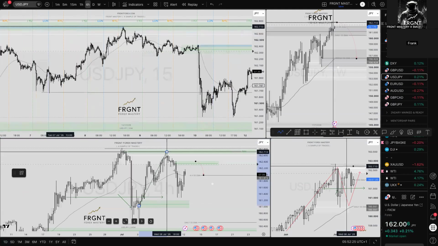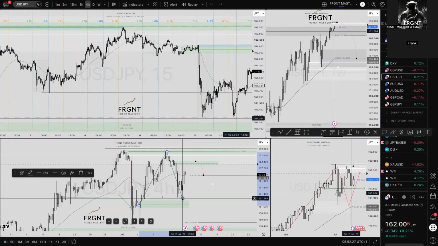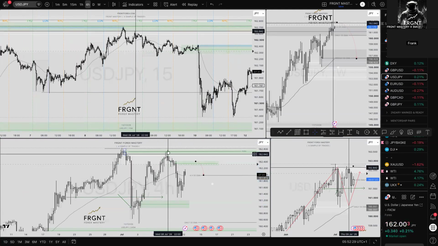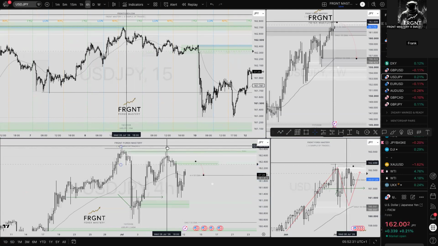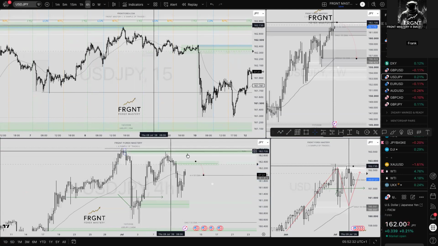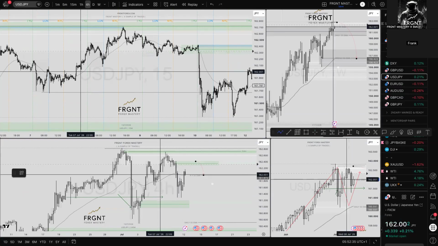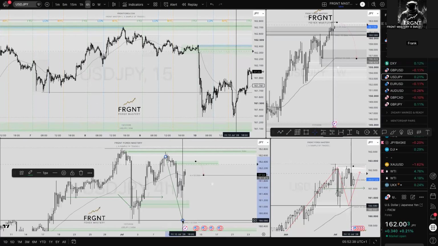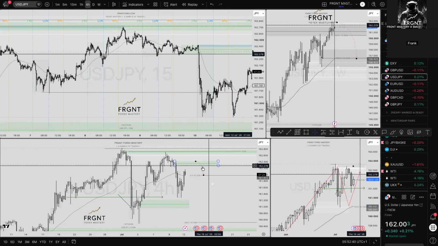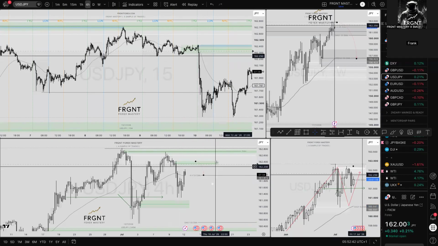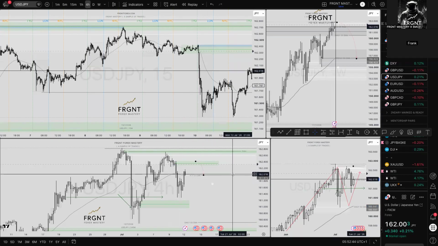So then we look to identify, select that order block, and look what has happened. We've come straight back in, rejected it to the downside. So on the way down, this order block is still valid as a result of price not breaking above it and closing above it. However, price has moved on since then. We haven't made consistent lows, but on the way down to potentially making those lows, we have left an order block behind. So this is the first order block that's been left behind that's available.